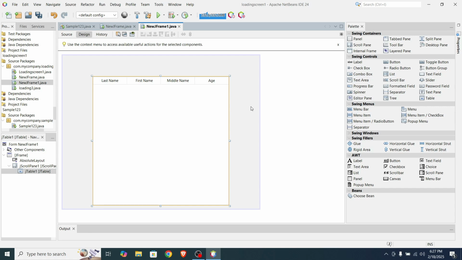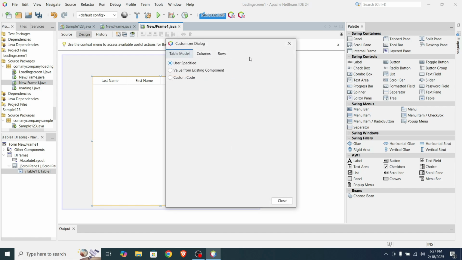Now, given that we don't have any database connection yet, just a pure graphical user interface lesson, if we want to add information here, just right click again, table contents, here in rows.